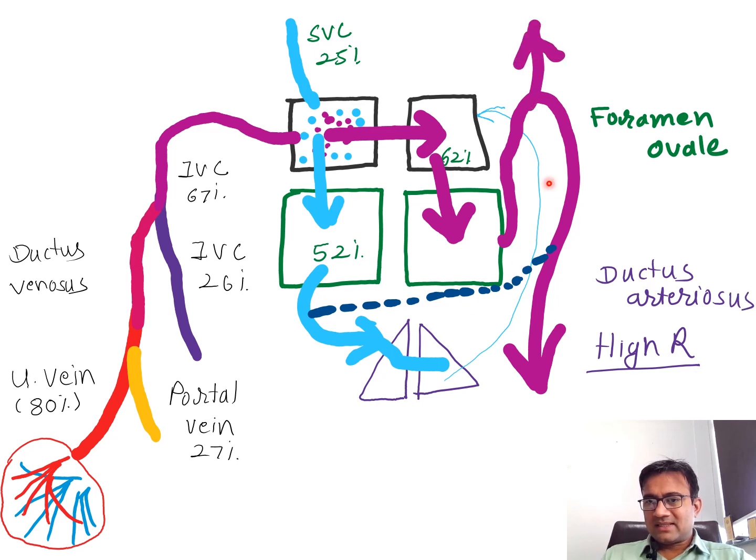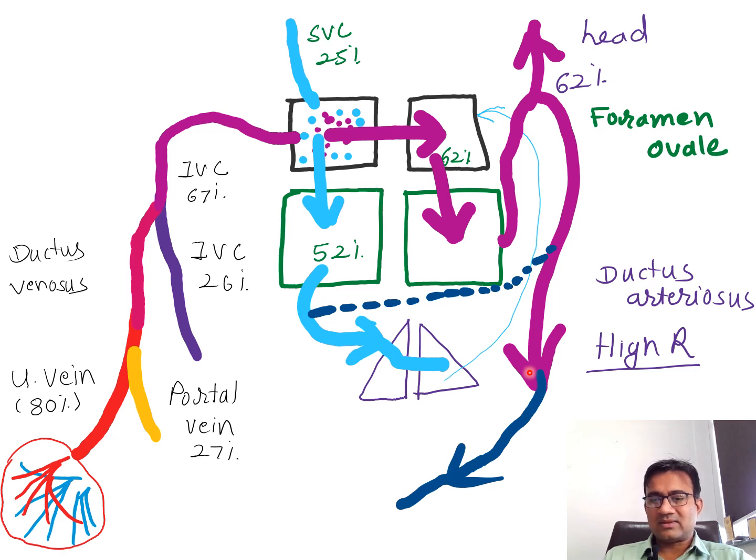See here, what is the magic here? Before this ductus arteriosus reaches, some tributaries arise and provide blood to the head region. So the head is comparatively getting more oxygenated blood, 62%. Along with the head, the liver is also getting high, via the portal vein. The heart, especially the coronary sinus, is also getting comparatively highly oxygenated blood. But the whole lower limbs and other parts are getting deoxygenated blood.